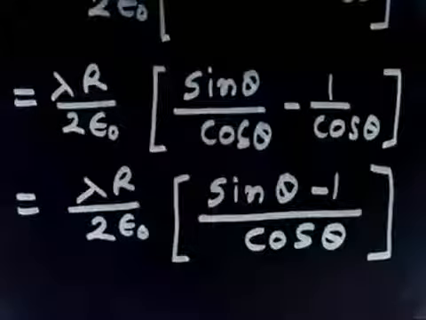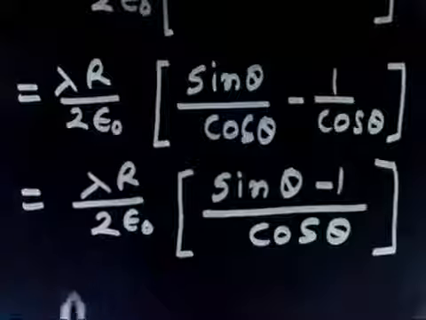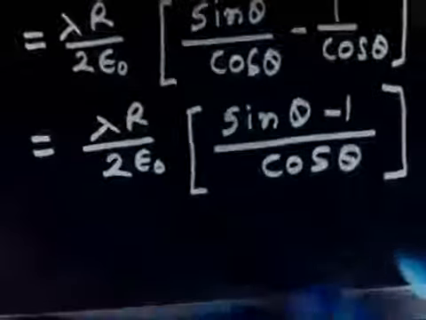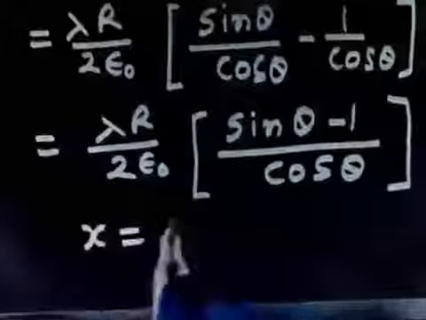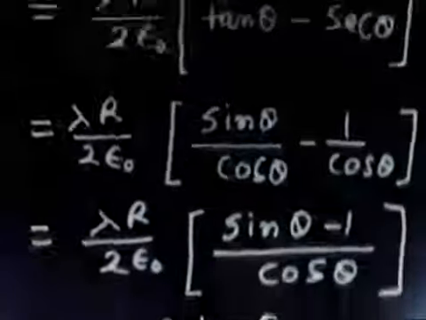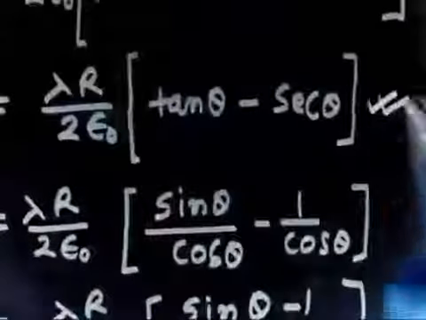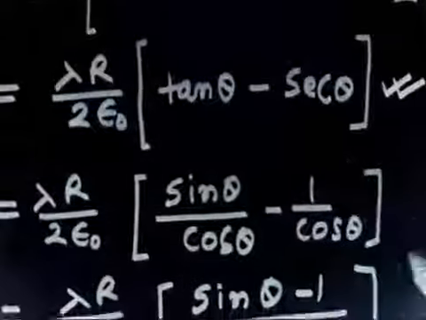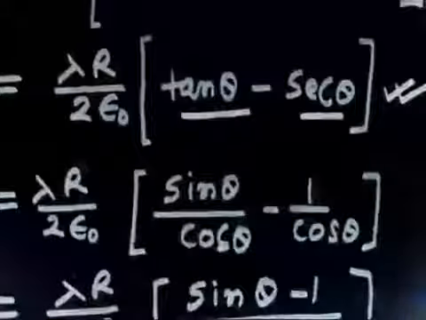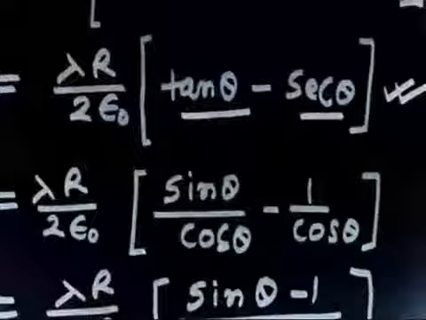So if I go back to our original variable, that is x is equal to r tan theta. Sorry, x is equal to r tan theta. So if I go back to the original variable, let us take this equation. This is a better way to write, so no simplification. So if I plug the value of tan theta and sec theta in this equation, so I will have